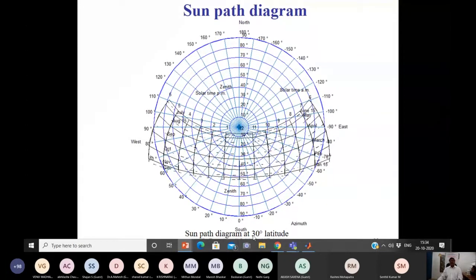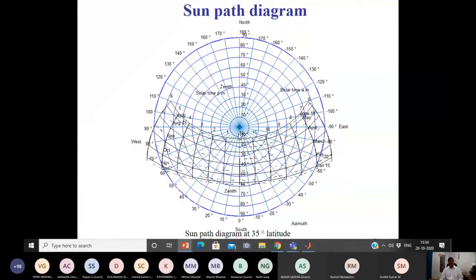Here clearly you can see, like in Punjab, the place of Jalandhar at 31 degrees, there is no zero zenith angle. Close to zero, you can see here maybe 5 degrees or 10 degrees, and at one particular time, maybe the month of June, zero zenith is coming here. Very close to zero zenith, not exactly zero zenith, because this is above 23.5 degrees.